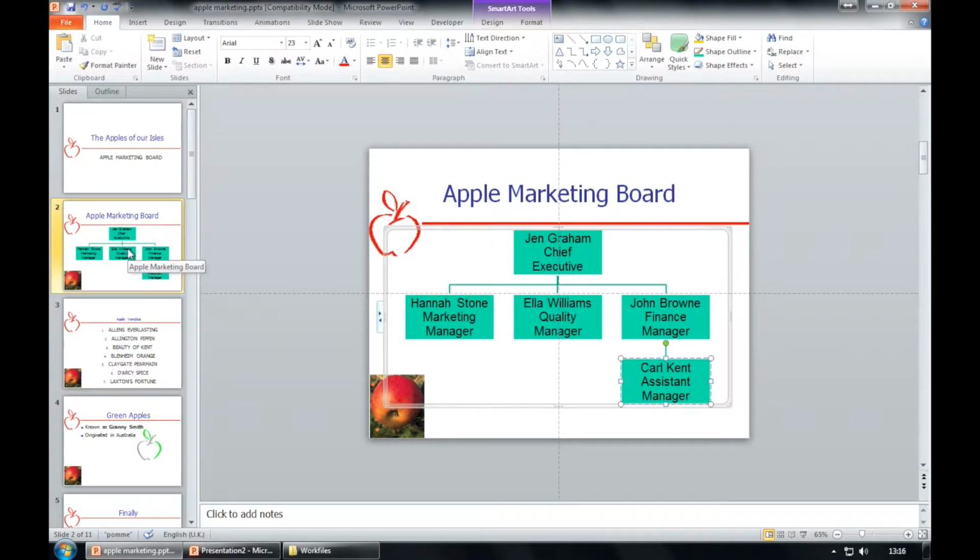So continue using slide 2. Add the following text as a note for the presenter. Any notes that you add to a PowerPoint presentation go at the bottom here where it says click to add notes. So we just click inside here and add the note Carl Kent, newly appointed, be careful with your spelling and copying, to the finance team. Okay. Then